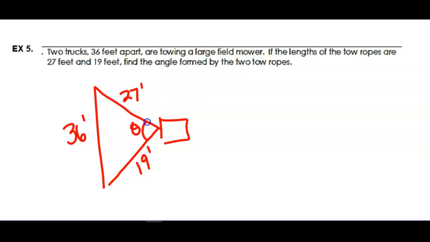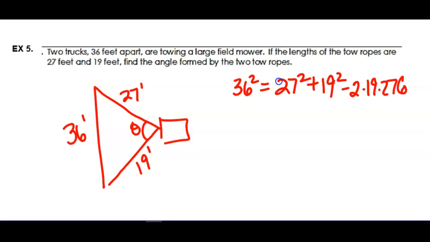So that's this angle. So this is just a law of cosines question where the opposite is 36 and the adjacents are 27 and 19. It's 2 times 19 times 27 times the cosine of the angle. So you're going to have to work backwards to find that angle. I called it theta one place and x another. Sorry, that's not good practice, but